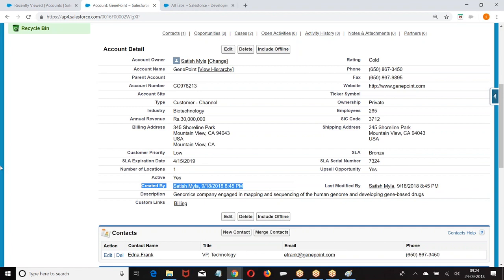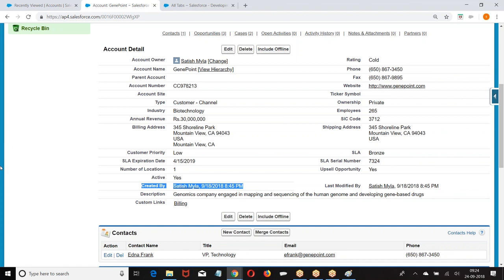In the standard fields, some of the fields' data is entered by the system itself. Salesforce itself will enter the data. Then it is called a system field. It means fields created by Salesforce, and data is also entered by Salesforce.